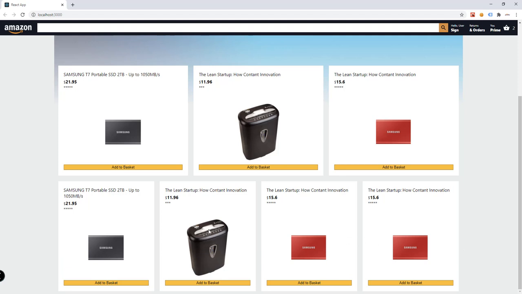Now, as I've said in the previous tutorial, the product component is totally customizable, which means that you can change the title, the product price, the review stars, or the calculated rating of a particular product. So, for example, 3, 5 or 4. It depends on what you want to add here. And of course,